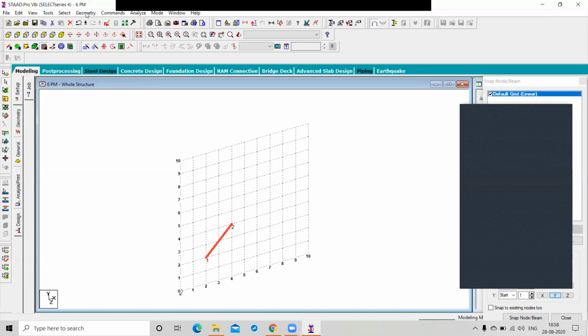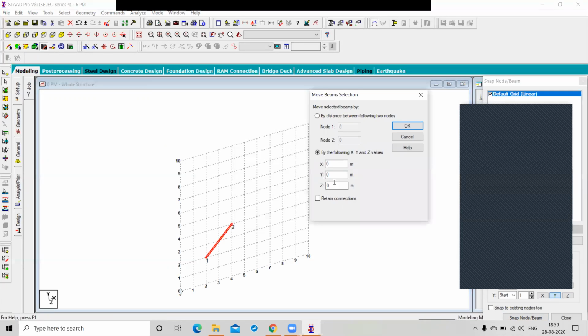So go to the geometry and move, activate your movement, right? So what coordinate do you want to specify here? Just tell me. Anyone tell?